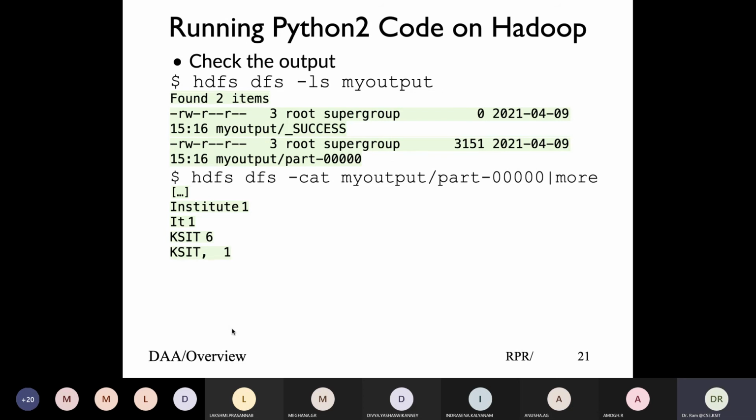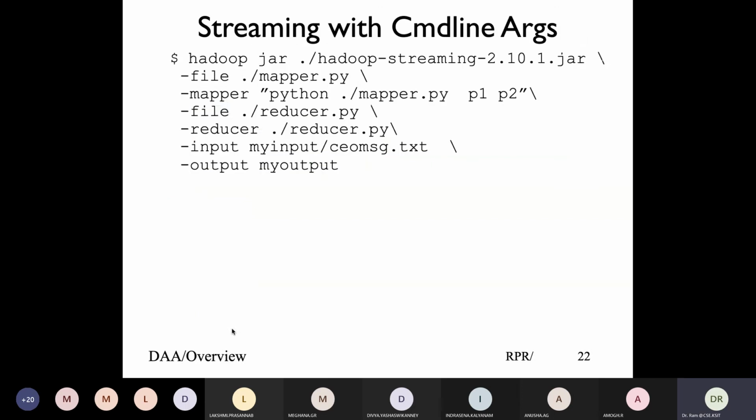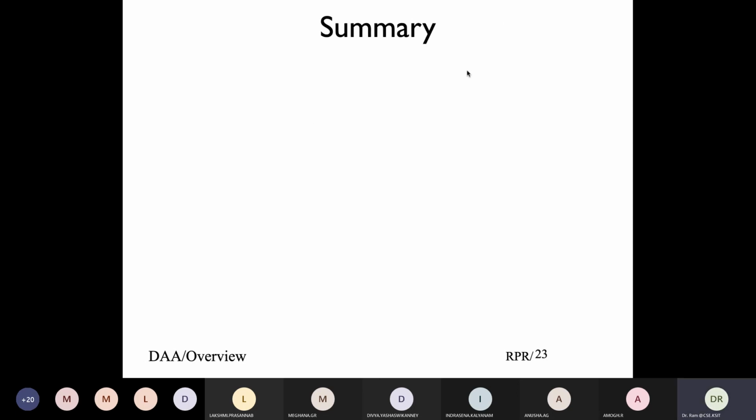And you can see the way things would basically work. So that way we have done it, and as I said, in case you need to pass command line arguments, argv1, argv2, then I can say mapper in double quotes, Python, the file name, the program name, and then the parameters. So these are argv1, argv2, use those, but they still have to go with input and output, and run things using the Hadoop interface. That's the way it will basically work. And that's how my basic streaming interface will be used by Hadoop.